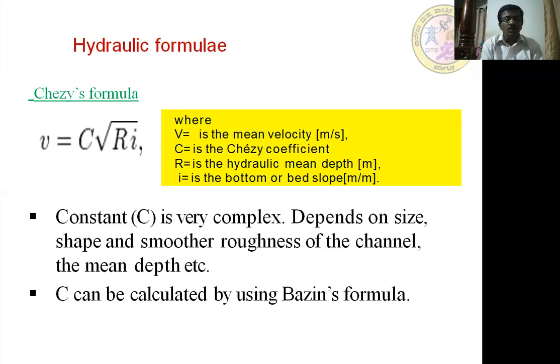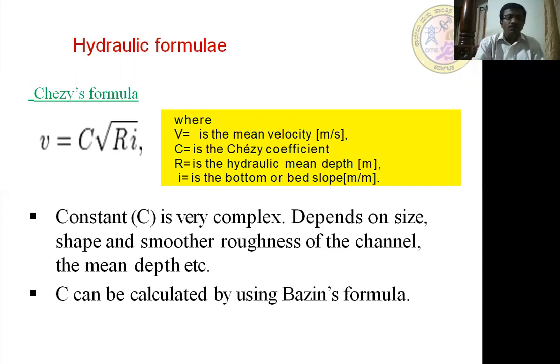And then there is the slope, the bed slope or gradient. It is expressed in terms of 1 in 100, 1 in 1000 and so on. 1 in 100 means for every 100 meters there is a fall of 1 meter to achieve gravitational flow. Usually we go for gravitational flow.